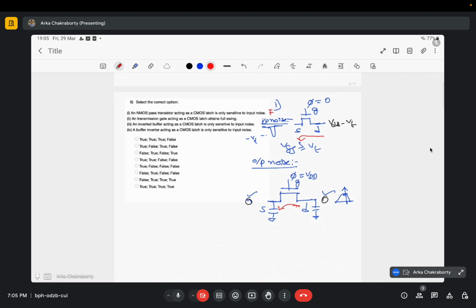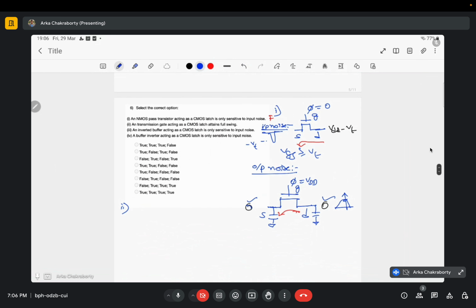Okay. So the second statement is: a transmission gate acting as a CMOS latch attains full swing. Let us see. This is a transmission gate basically. So this will be D, this will be Q, with phi and phi bar. So you can see when my D is